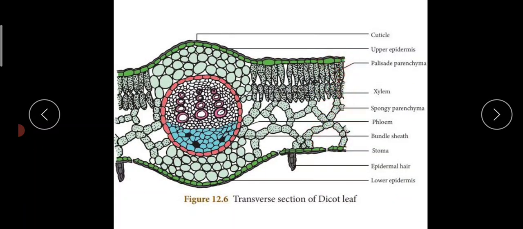This mesophyll, in case of dicots, is differentiated into two types, palisade and spongy. Palisade cells are columnar, compactly arranged cells with a lot of chloroplasts involved in active photosynthesis, and the compactness depends upon the intensity of light it receives. And the second layer is the spongy parenchyma layer, which comprises loosely arranged irregular cells with a large amount of intercellular spaces in between.